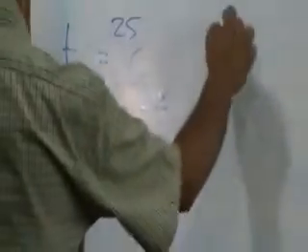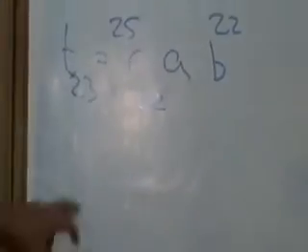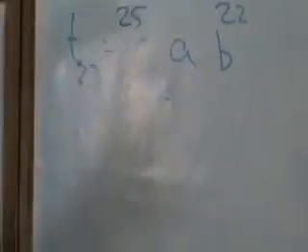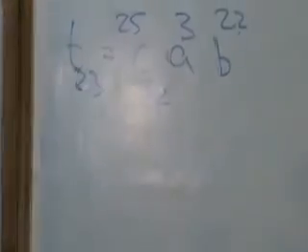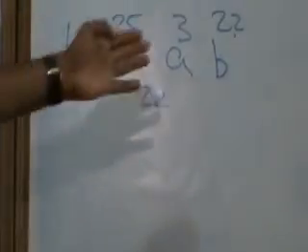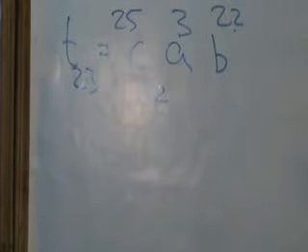So B to the power 22, and then A to the power 3. Sorry, 8 the cube. The total has to be 25. 3 plus 22 is 25. So easily we can wrap this up. Is this point clear? Yes. Okay. Now